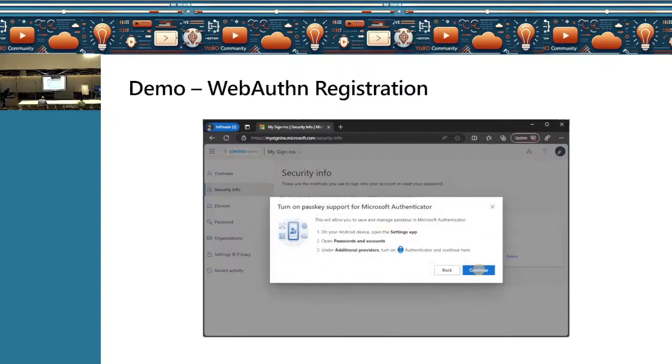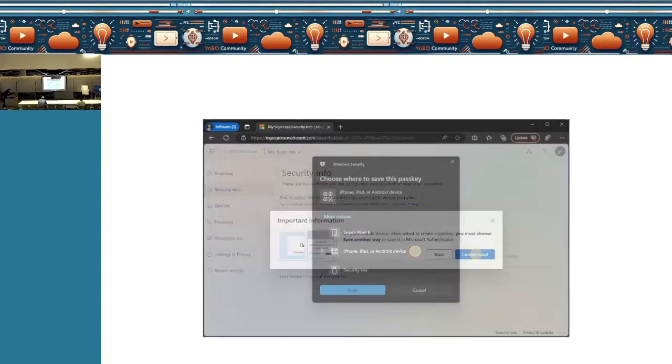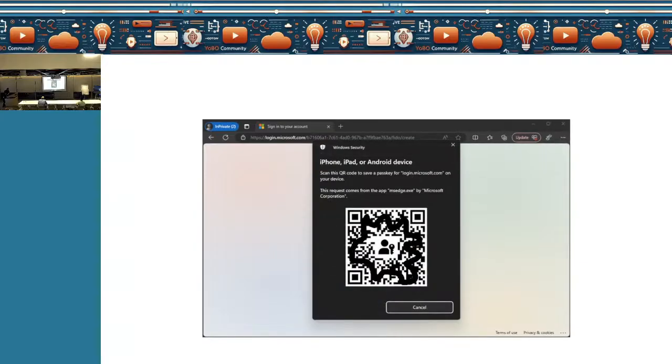You can choose the device, and then it is going to ask you to continue and do next. This is just the screen. Here you will have an option to choose iPad, iPhone, or Android device. Next, it's going to prompt you for your QR code.